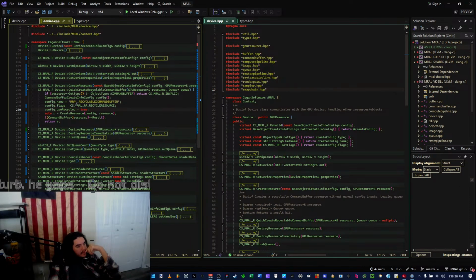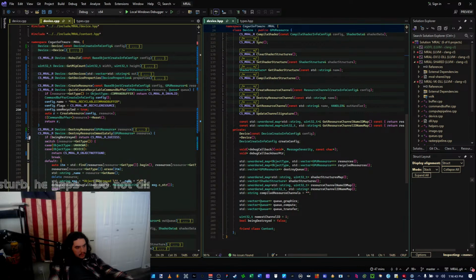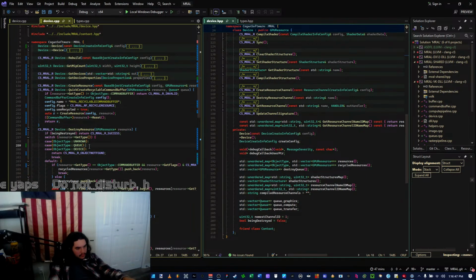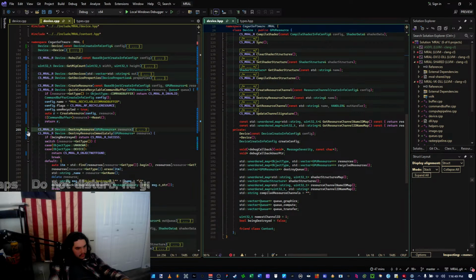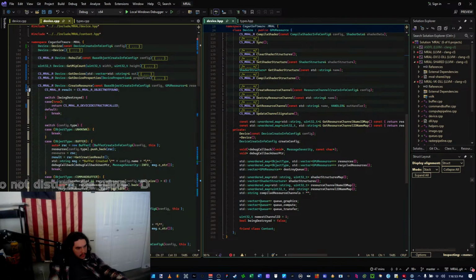Okay. So quick create recyclable command buffer. Create resource.